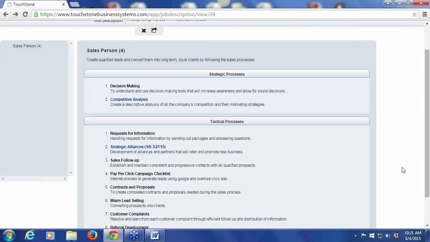So sometimes I get asked the question, what is our project management process documentation plan inside of TouchStone? We need a spreadsheet. We need a Gantt chart. I don't think you need any of that. The best way to use TouchStone is to use it. And this is a perfectly acceptable, easy way to assign accountability for process documentation and to track due dates